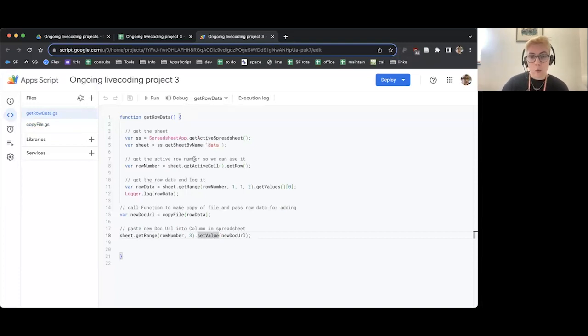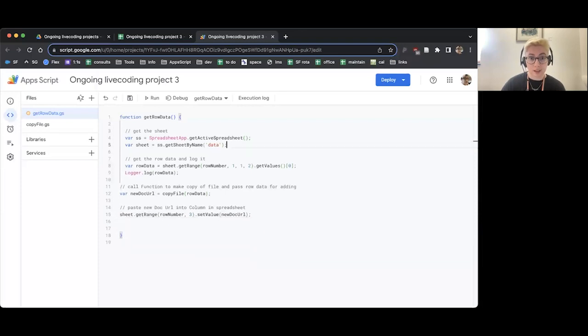That's all good. We actually no longer need to get the active row because we're not going to be working with it. In project 2, I had to click on a row and that was what it worked with, so I needed to know the active row. In this case, I don't, because we're not going to be doing that. So I'm going to get those 2 lines where I get the active row, and I've got a comment about it. I'm just going to delete them. Just tidy that up like so, because I no longer need that in my data.